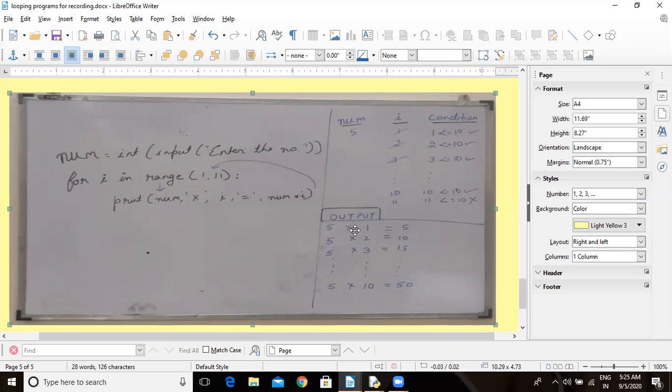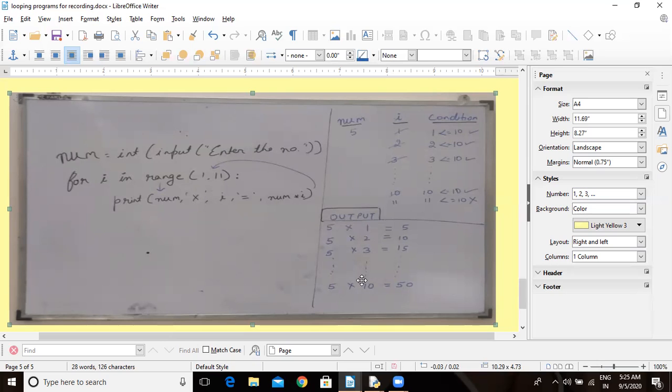Then "5 ones are". For it, what are we using? Capital X symbol. Here we are using the capital X symbol and it is in single quotes. It means I want to print it as it is. So after the value of num, I want the capital X symbol as it is. That is why I have just enclosed it in single quotes, comma.